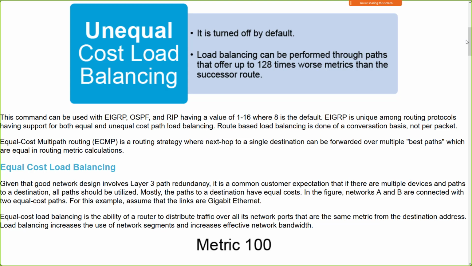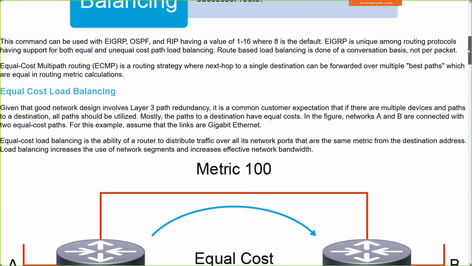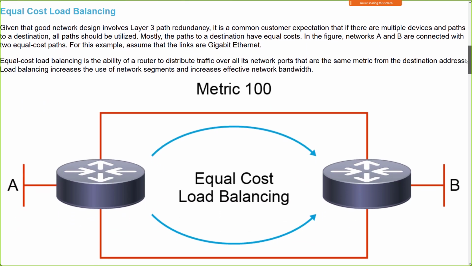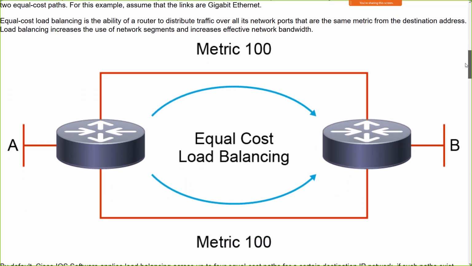All right, so the maximum paths command allows us to identify how many paths we're going to load balance over, and equal cost load balancing is pretty simple, right? If I have more than one path that have the exact same metric, then I'll just simply insert those paths into the routing table. Important concept here, though, all right? When we're doing ECMP,